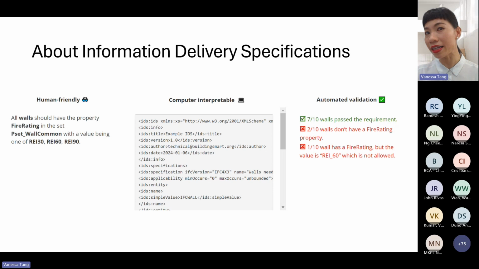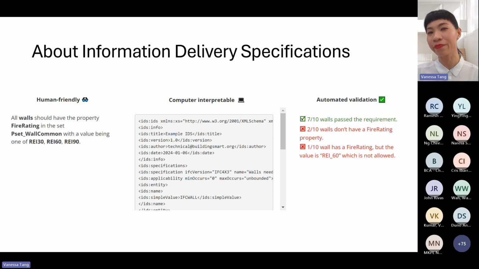So you can use the IDS to write your requirements down to the details, down to things like the use of properties, including quantities and attributes, the materials, the classifications, the entity types, and object dependency. At this moment in time, the IDS does not have the capability to define the details of a geometry, but it can be used in combination with automated checking tools, which you will see as a part of the presentation by our final speaker, Vimal Kumar, in which he demonstrates the workflow for using an IDS file in Solibri to